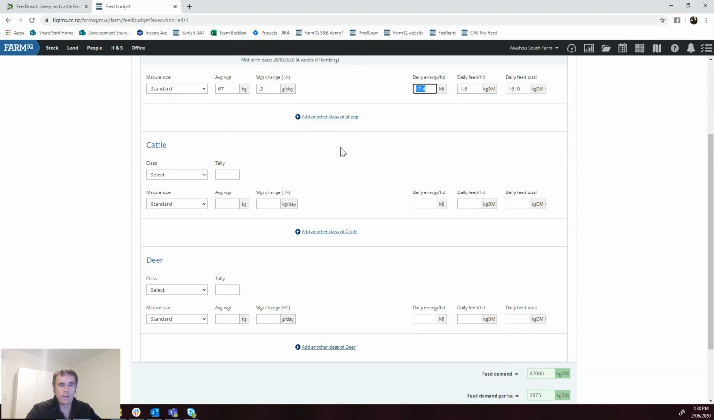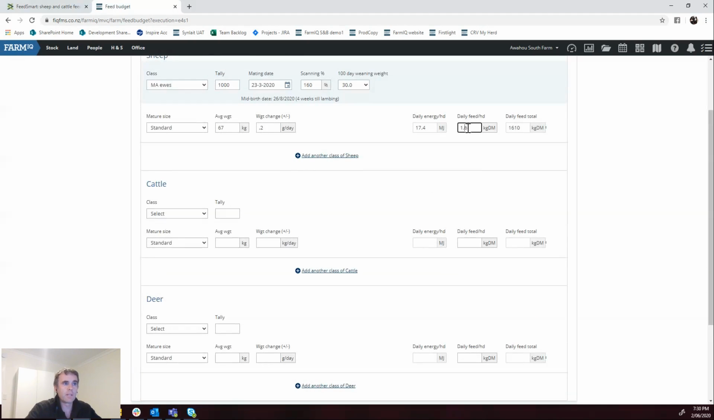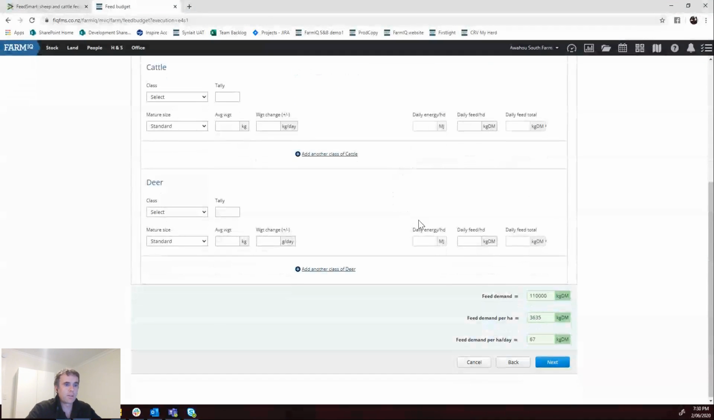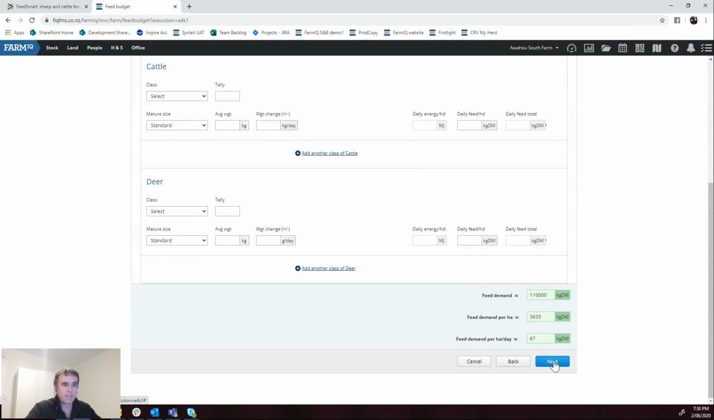It takes out the looking up tables or guesswork. If you don't agree, you can actually come in here and type something. If you want to feed them more, power to you. Feed them 2 kilograms. You'll notice it goes green, and so that's great. Now it's overridden it, and you're feeding your animals more, or it could be less. So then you go through, click next,